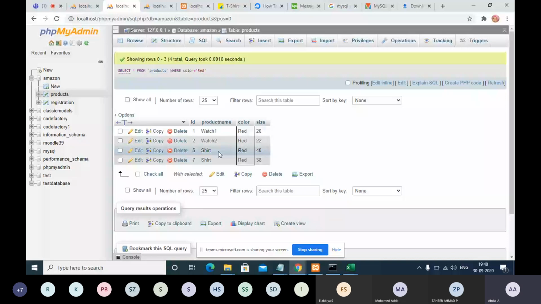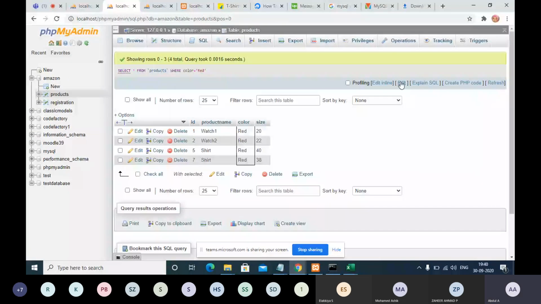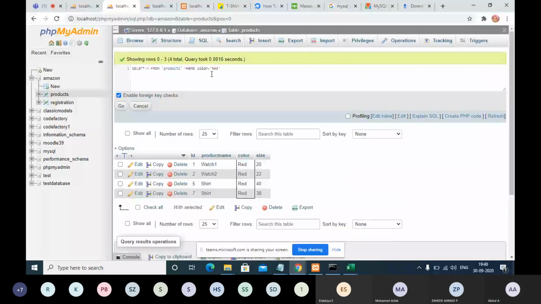For example, I'm clicking on the Flipkart website, going and clicking shirts, t-shirts, jackets or casual shirts. I want only casual shirts, not any other product. Then I need to edit my SQL query and add one more condition. For example, color is equal to red.